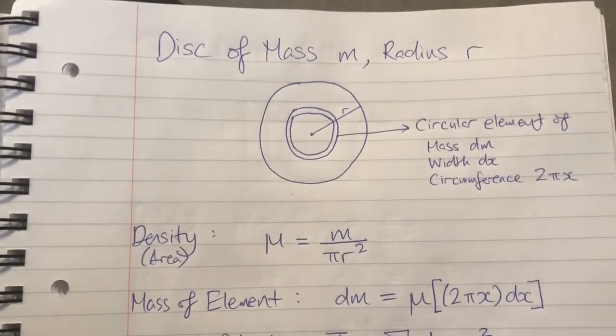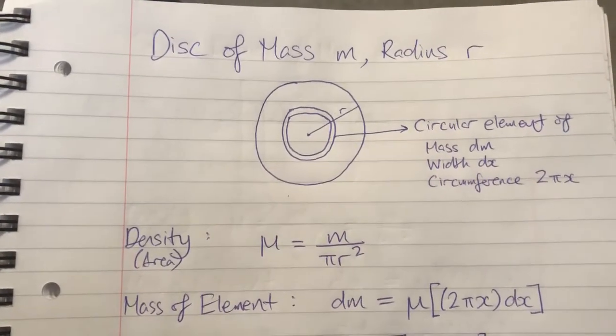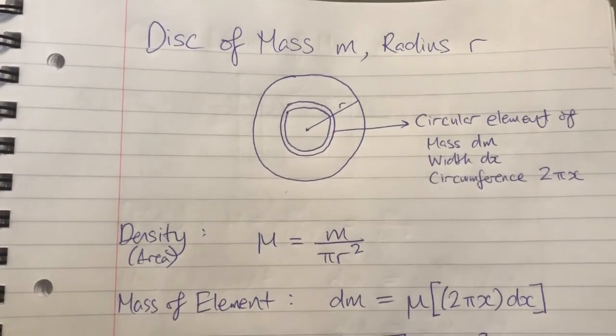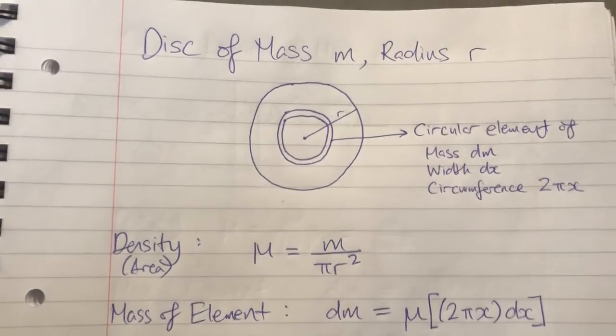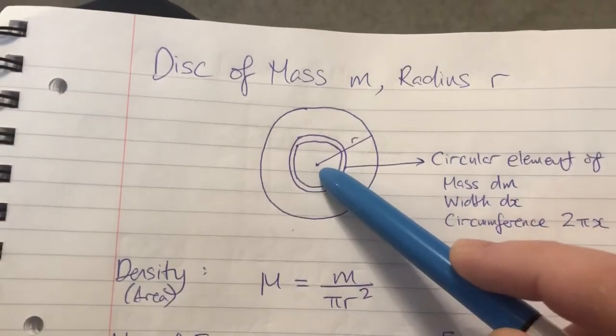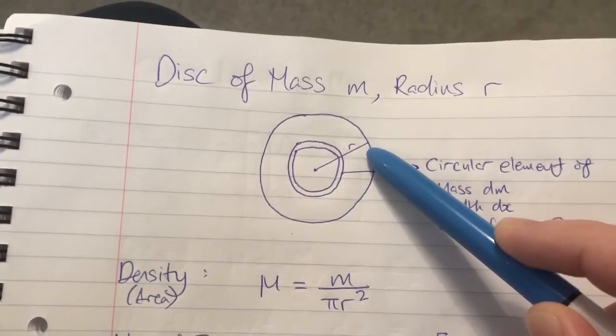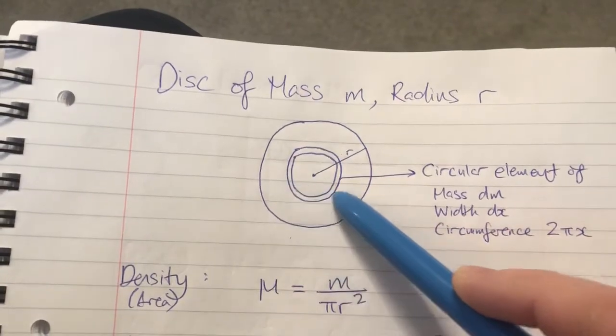Hi there again. This is the third of three proofs required for Leaving Cert Applied Maths Moments of Inertia questions. The final one is the disk of mass m and radius r. So we have here a disk of mass m and a radius r, and we're focusing in here on a